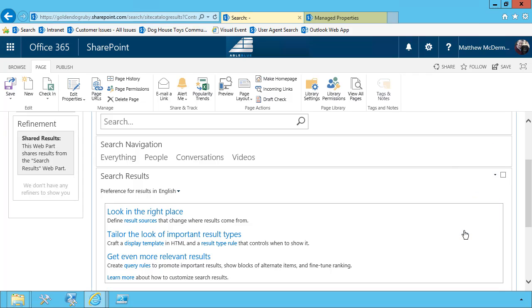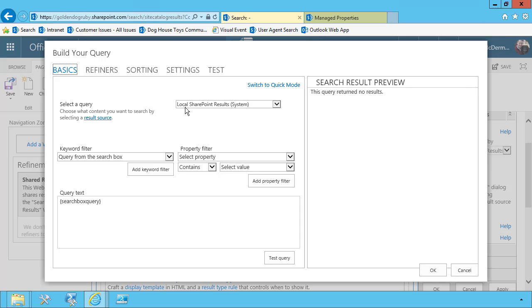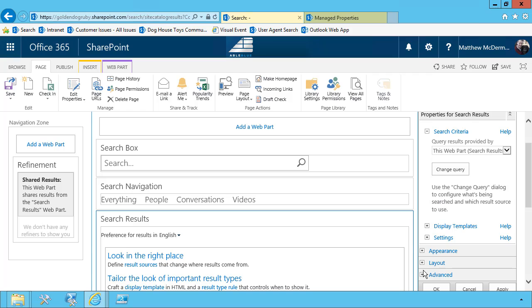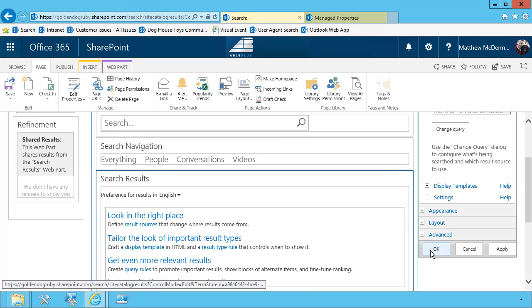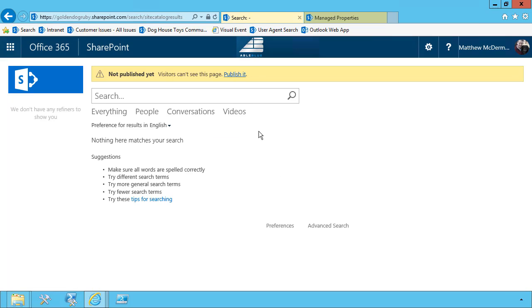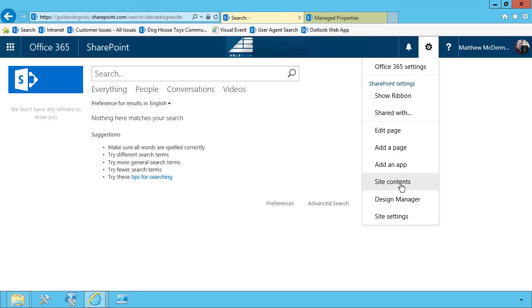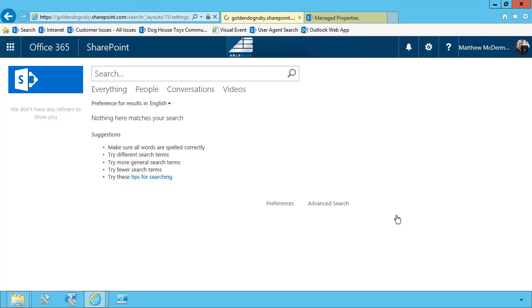I'm going to edit the search results web part, and I'm going to change the default. By default, it's going to query on everything. And I see that because it's directing the query to the local SharePoint results. What we want is the site catalog item. Choose OK, choose OK, and then we'll save and check in the page. There you go. We now have a new page, but we don't have any way to get to it through the navigation. So we're going to fix that by going into Site Settings,